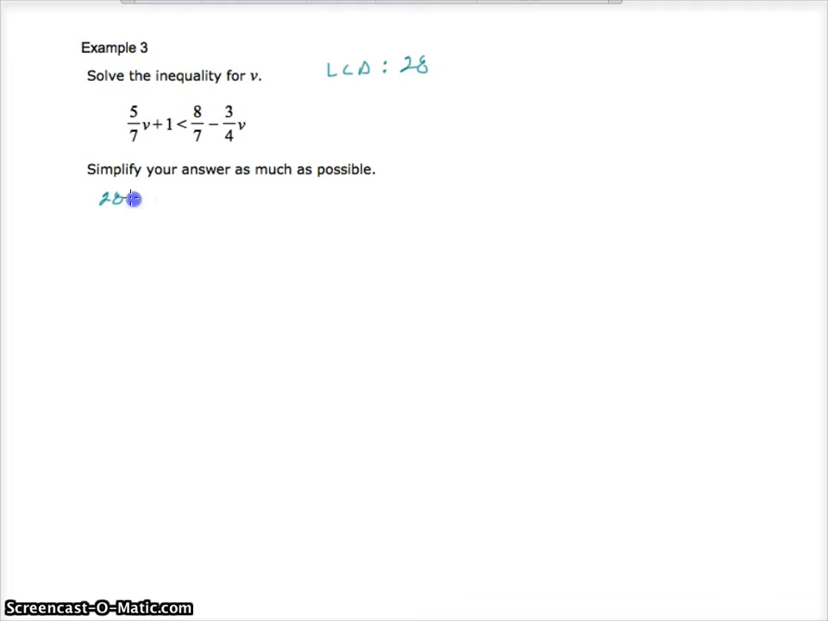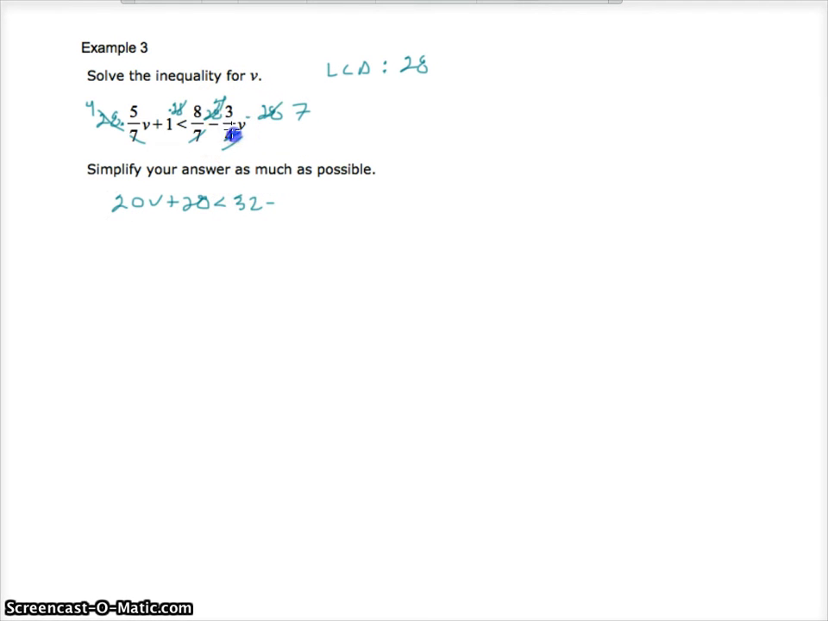Actually, let's see if we can knock this out on top. So I'm going to do times 28, times 28, times 28, times 28. This is going to be 4. This is going to be 28. This will be 4 times 8 again, and this will be 7 times 3. So I'll end up with 20v plus 28 is less than 32